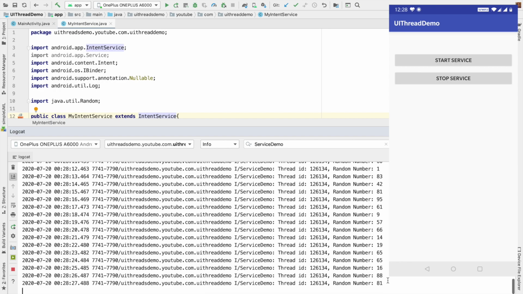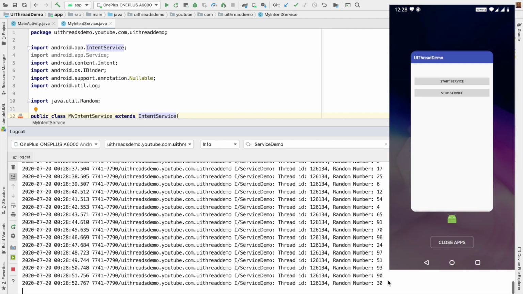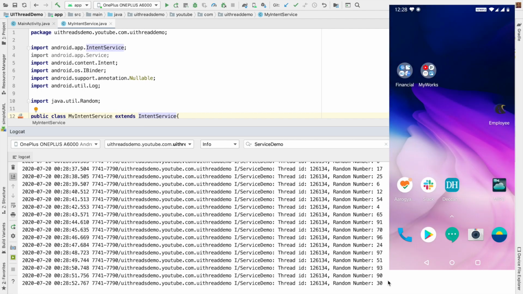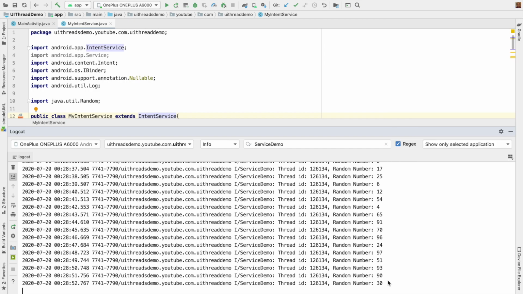If you have tried to do the same on some other device, say for example Nexus, you may not see this, but the whole idea is if I just kill the application, service stops. So if you are using this kind of service to fetch the location continuously in the background, you are susceptible to your logic getting killed, because this service will get stopped because of the new constraint that Android Oreo puts.